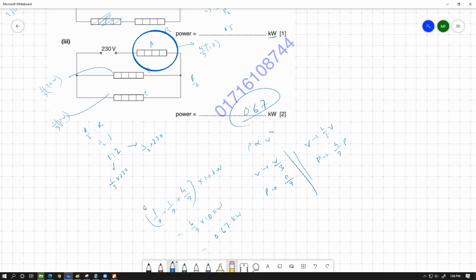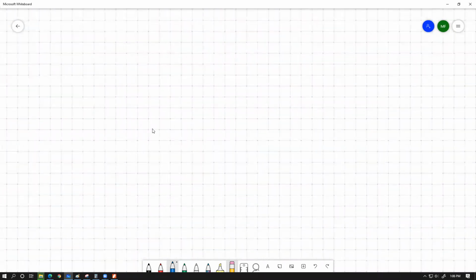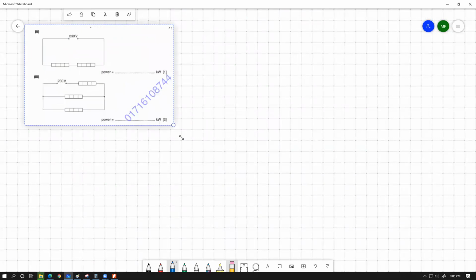There is a different way to achieve this. The different way to achieve this is like this. The shortcut way. Shortcut way হচ্ছে এরকম,